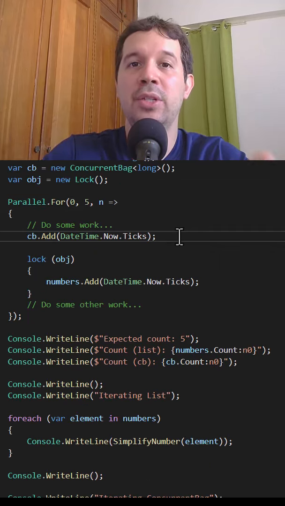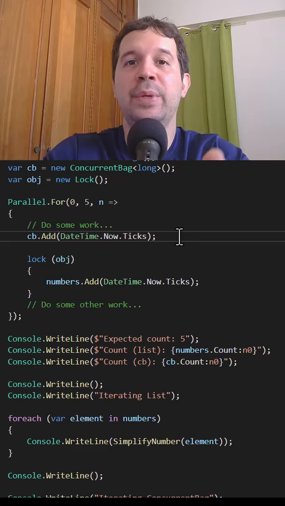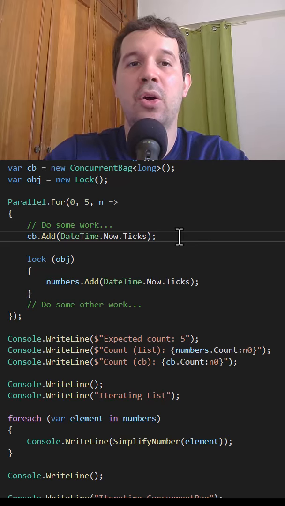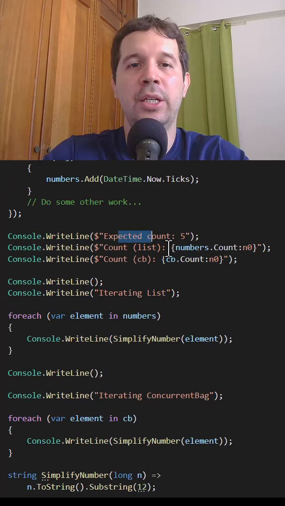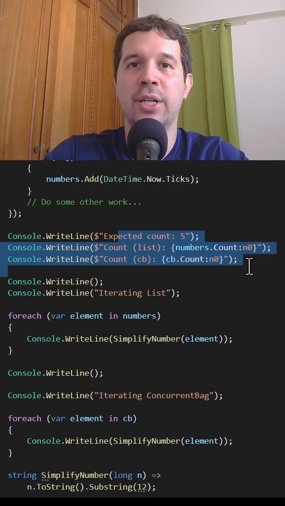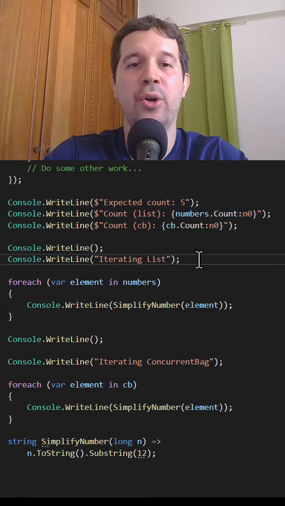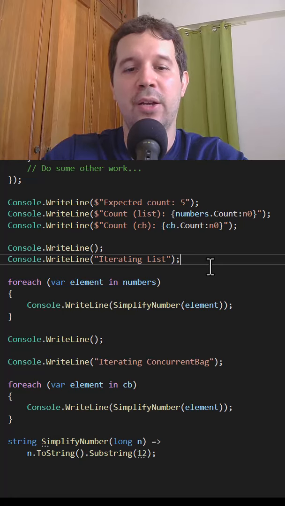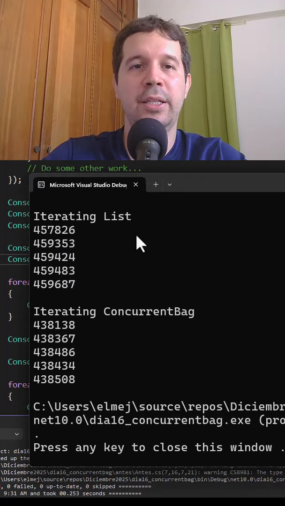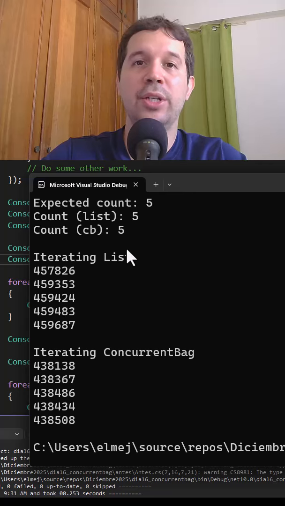This will allow me to see if the insertion order is being respected in the concurrent bag and also in the numbers list. Then here we're counting the elements of both collections, and also we are iterating both collections to determine the order. Now, since we're using DateTime, we expect to have items in ascending order, right? So let's see that. Ctrl F5, and let's see that indeed the count works, but the order doesn't in the